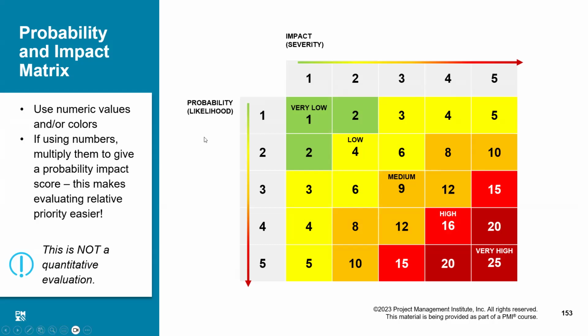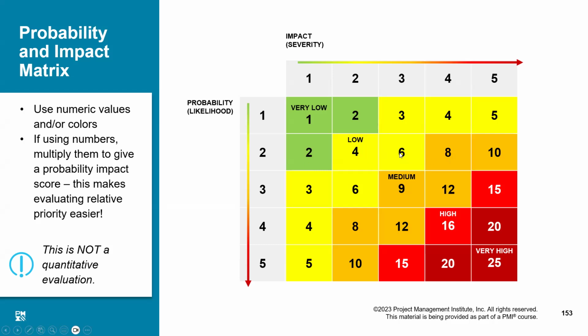On the other hand, on the y-axis, we have the probability or the likelihood of certain risks occurring from 1 to 5. So basically, when I create this grid, that means the risk is calculated by multiplying the probability with the impact. So probability here is 1, impact is 1. So 1 multiplied by 1 is 1.